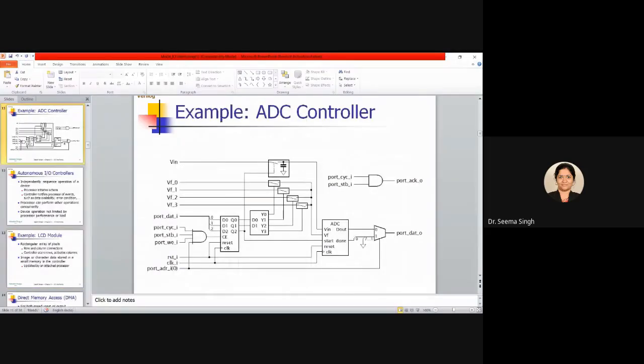Let me show the program part also. The program part is coming along with the complete thing of ADC and keypad. So let me show that part only.